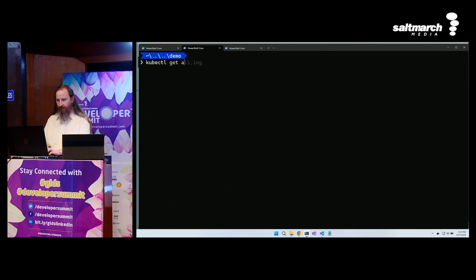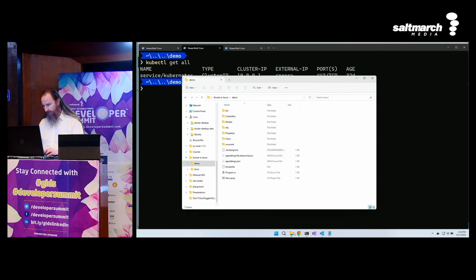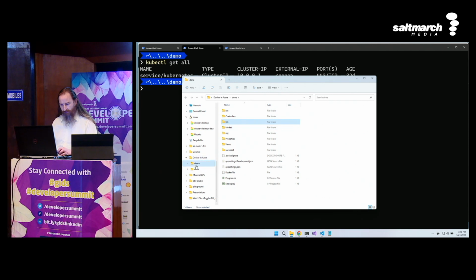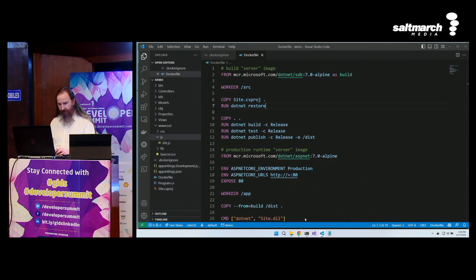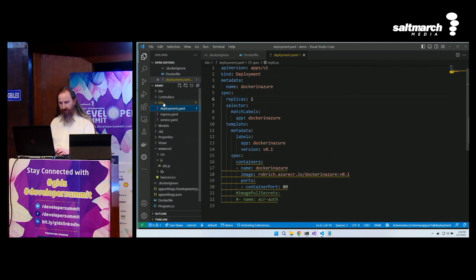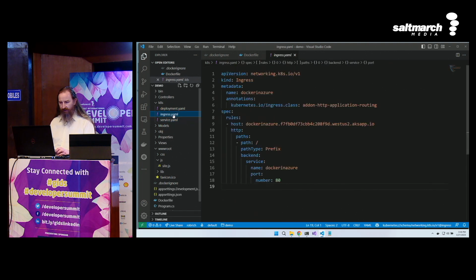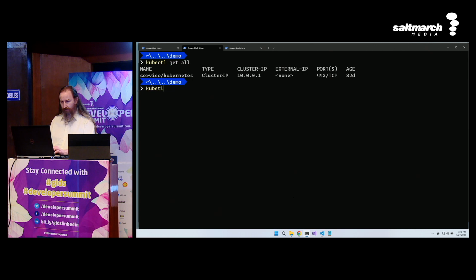So we've got Kubernetes ready to go here, and I've switched my context here to Kubernetes. So kubectl get all, and we can see that we've got nothing running inside Azure right now. I'm going to go grab the Kubernetes YAML files that I built. If I had another minute, I would live code them, but just pulling them in is really fun. This includes a deployment, so we'll go grab that image, a service that will get that in place, and an ingress that will launch it as well. So let's launch that inside of Kubernetes. kubectl apply -f k8s.